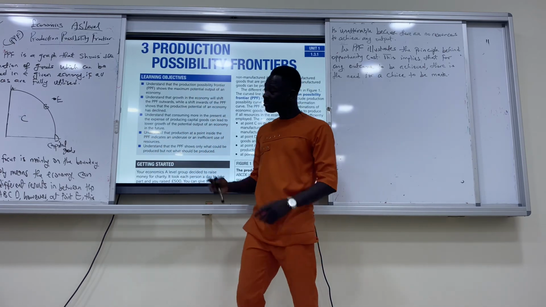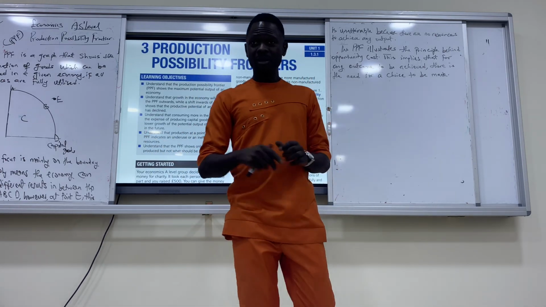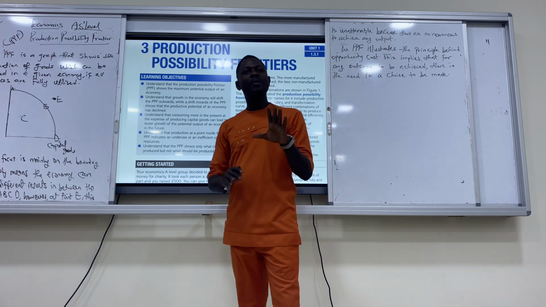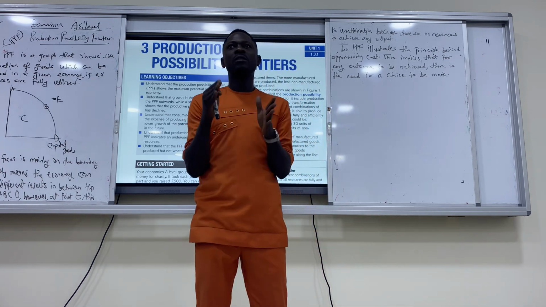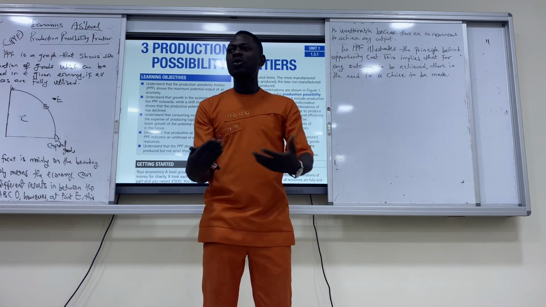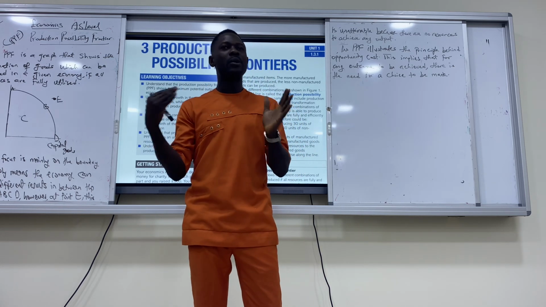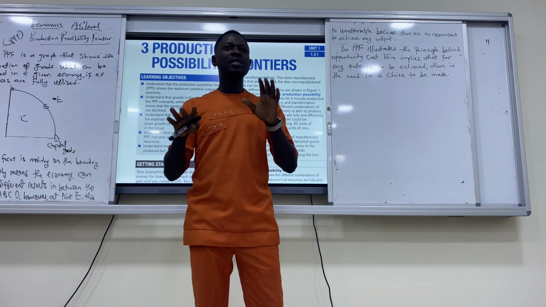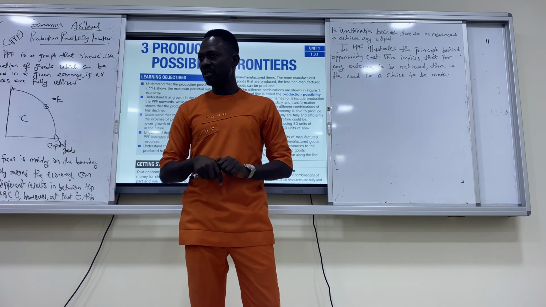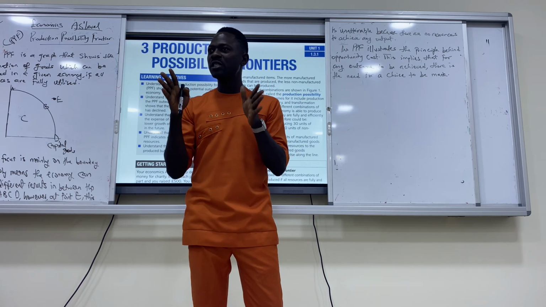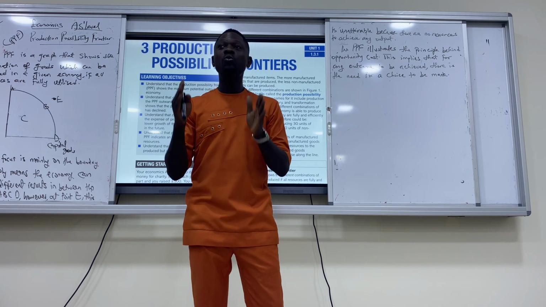Chapter 3 anyway. Economics AS level, production possibility frontier. When we talk about production possibility frontier, it's simply talking about what we are able to put together when we combine two goods, or when we combine all of our resources to be able to produce some certain goods or services. Because the economy is faced with the problem of scarcity, it means we will always have to make a